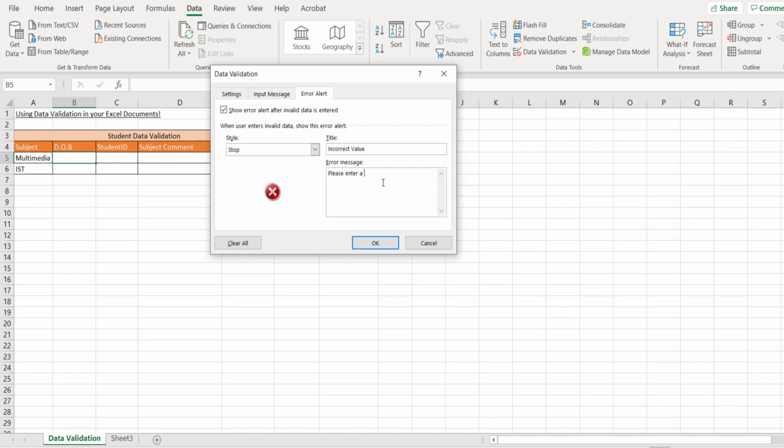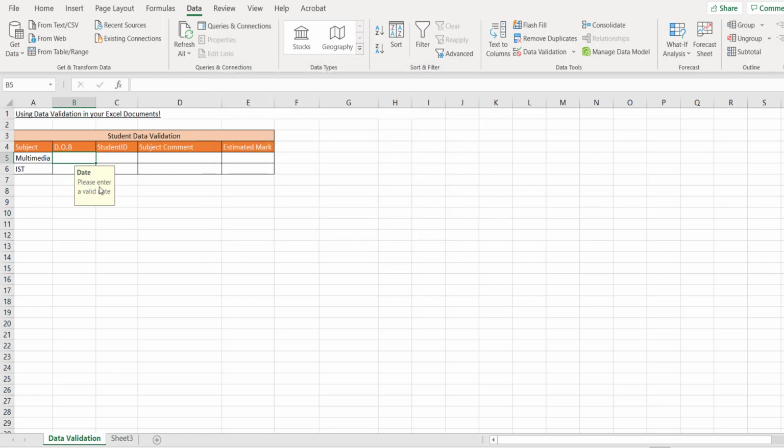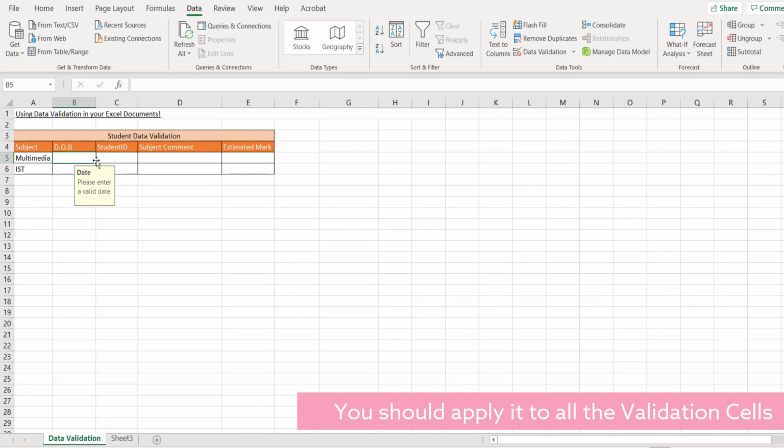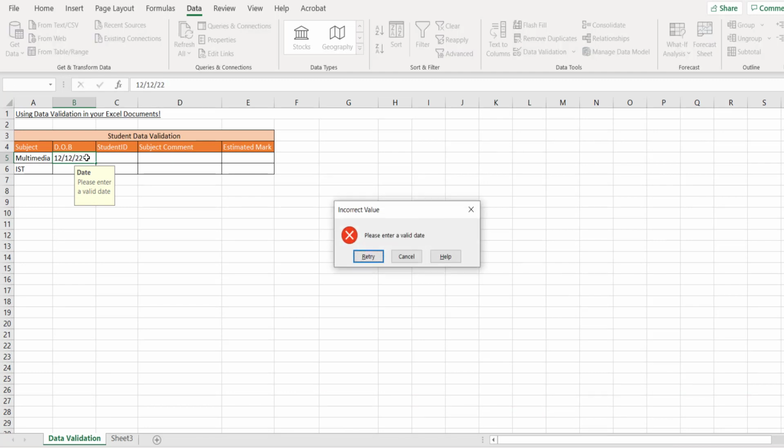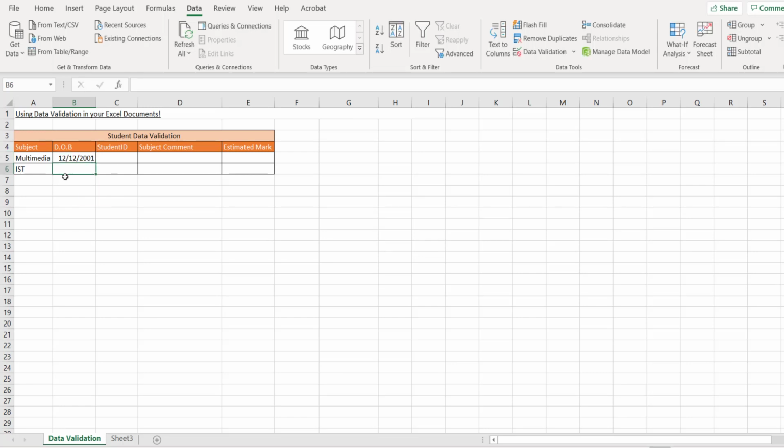enter a valid date. So now I've got this little box that pops up, and you can apply it to any of these cells as well, just to help the user know what to actually write in them. But let's say for instance, I now try to add another date that's in the future. It gives me another message, but it says please enter a valid date. So let's retry that, and let's just put it as